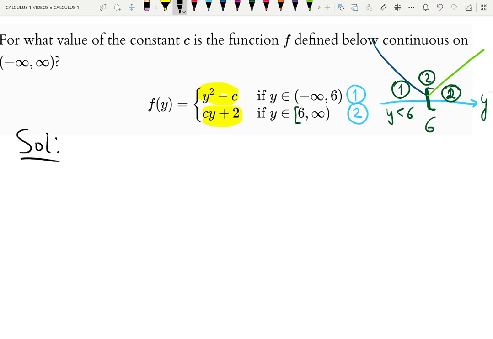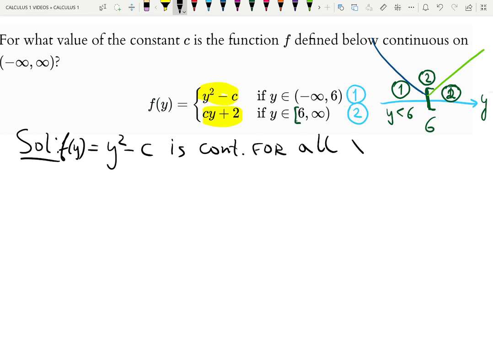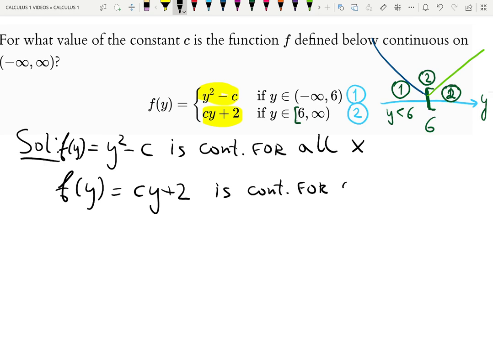Solution. Y squared, so let me call it f of y. Y squared minus c is continuous for all x. For all x. It's a parabola, right? F of y, which is cy plus 2, also continuous for all x. Thus, we only need to check